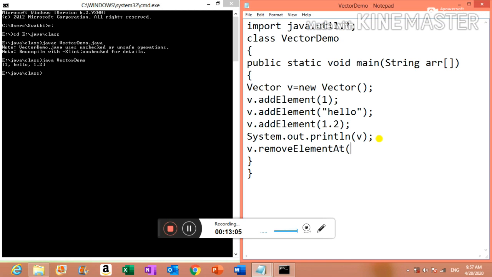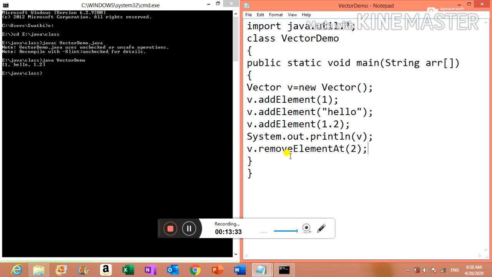I want to remove the element at the second index position, so I am passing 2 as the parameter. If you want to remove the element at first index position, which is the second element in the vector, then you have to pass 1 as the parameter to the removeElementAt method.